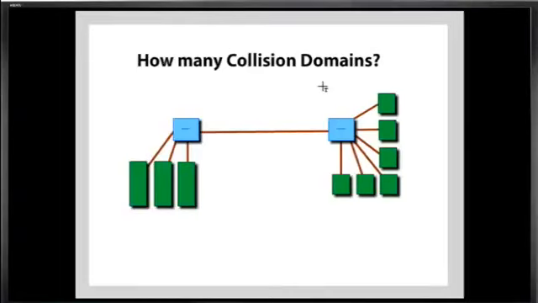Collision domains. On a test you might be asked how many collision domains you can see in the diagram. So the way to answer a question like this is to find out where the intermediary network devices are. In this picture we've got two hubs, right? So in this network, if these are hubs and any one of these hosts sends anything on the network, it's